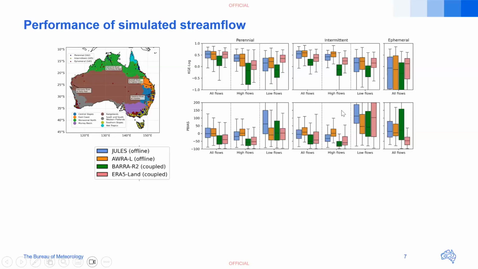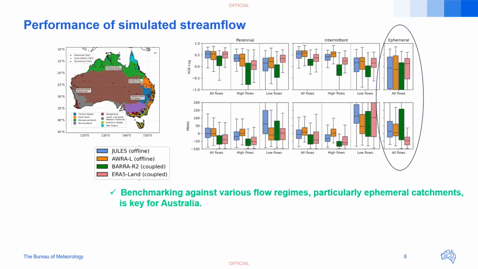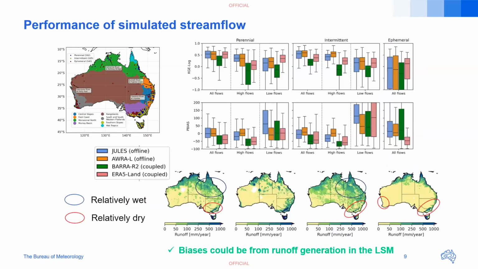So the main point here is really that ephemeral catchments have relatively low scores, and we do have a lot of them in Australia, so that's why it's very important to really benchmark. When we do any comparisons, we need to look into these catchments separately and try to improve the models for these catchments. And another point, when I look at the runoff outputs before actually doing any